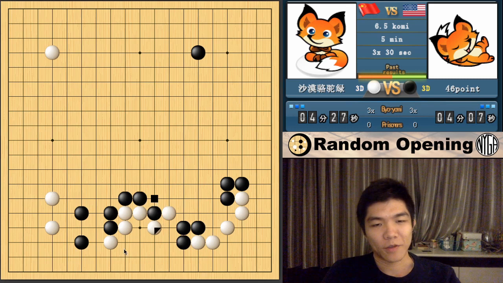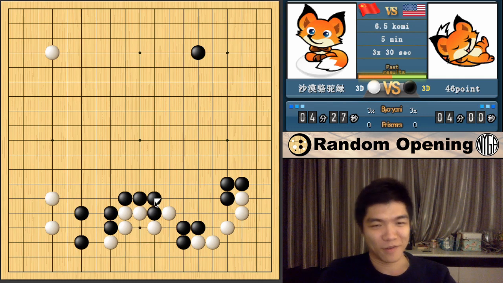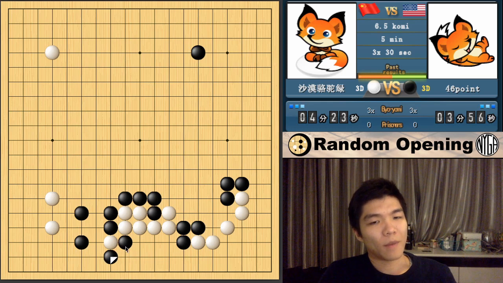So as we play out this fight here, I'm kind of trying to do two things at once. This fight is probably not going to end up well for white, because black had a lot of stones to begin with, and white is playing against black's wall. So about the psychological thing,